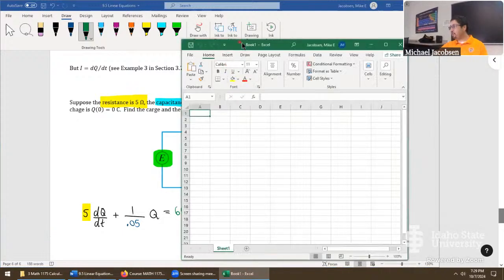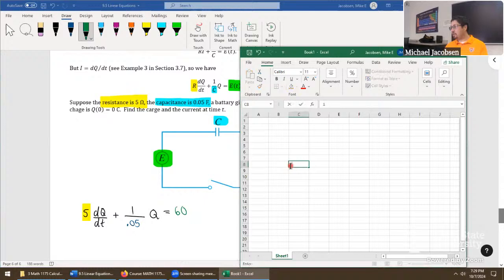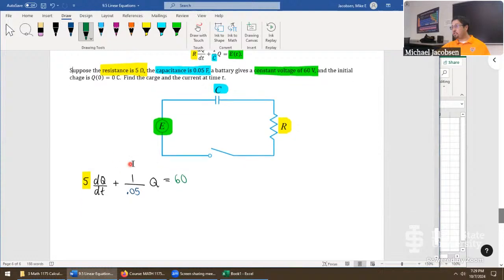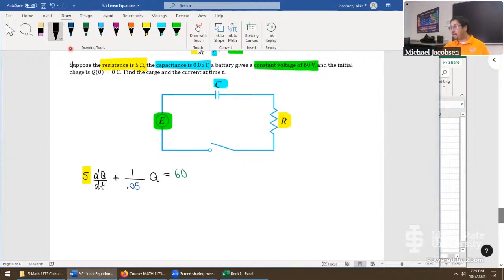This will do just fine for now. So let's go 1 divided by 0.05. Seems like a nice round number. Forgot how Excel works. 1 divided by 0.05. Yeah, that's a 20 there. So this differential equation is now 5